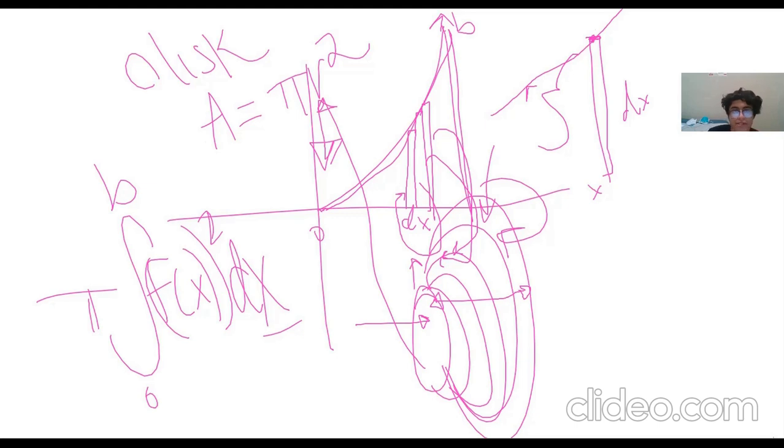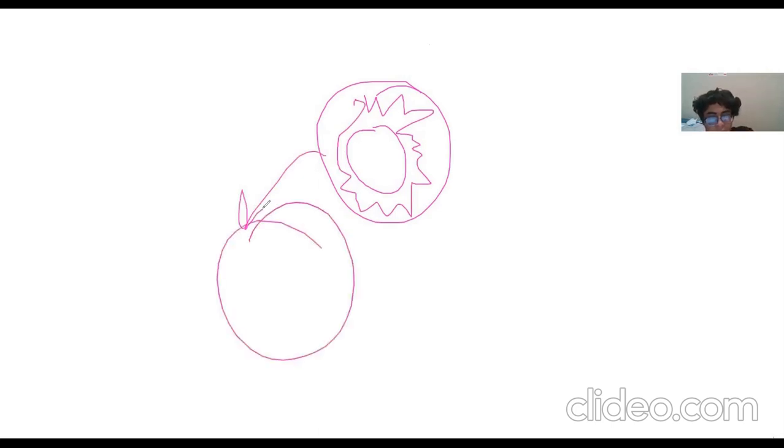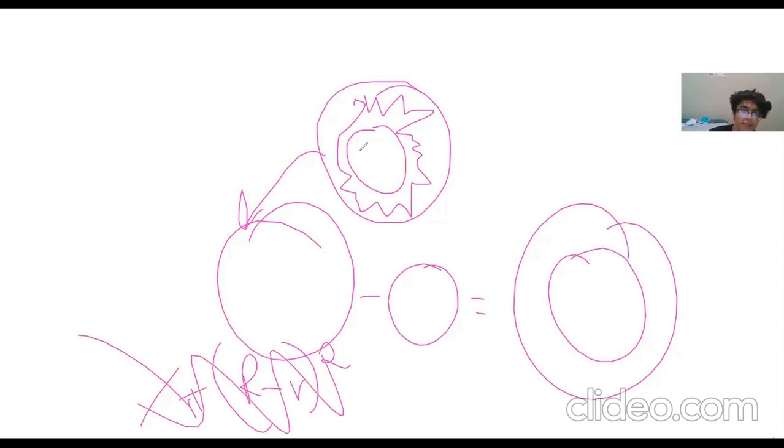So that's a disk. But if you have a washer method, it's simply saying that you revolved something like this. It's like a bigger function, but then you've also revolved a smaller function. What is the volume in between these two shapes? So how have you done this? This is simply this area minus this area gives you this area. It is not, however, the same thing as taking the big radius minus the radius and then squaring it, pi r squared. That is not true, because then you would get maybe,